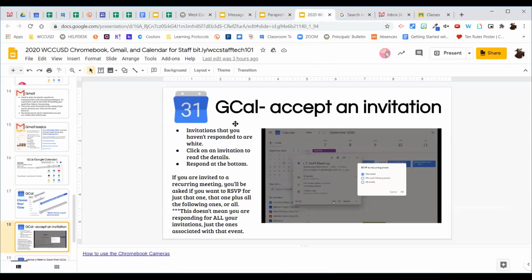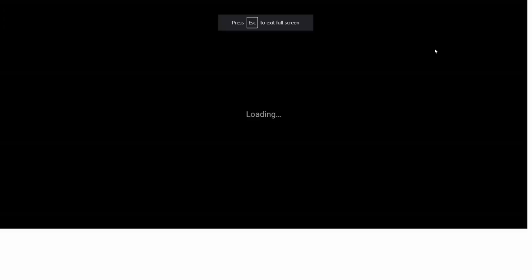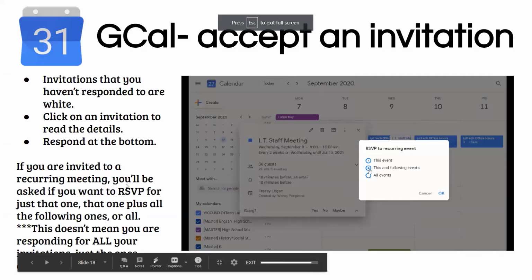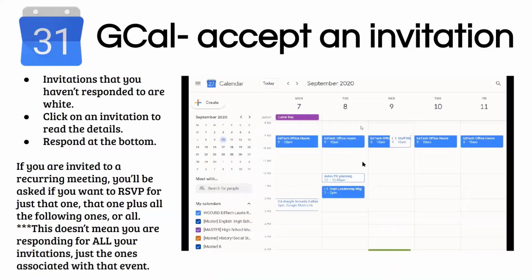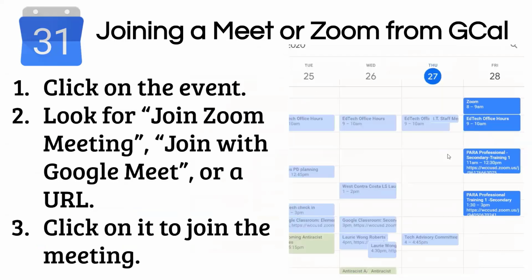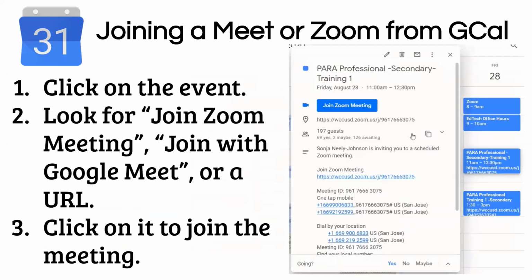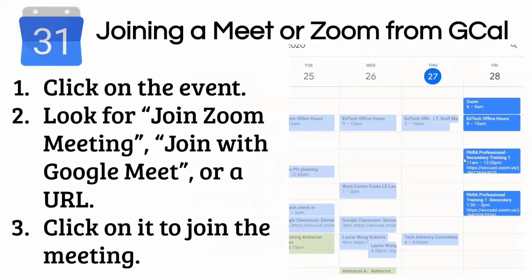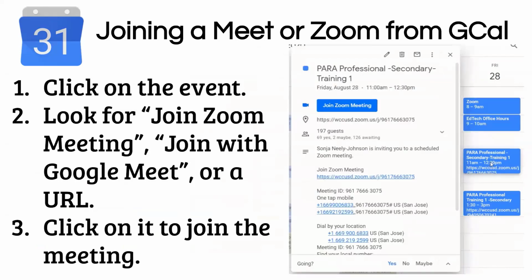Okay, so now if you've already accepted something, I go through a little more information about accepting recurrent meetings and things like that on here. This may be a specific question. It says, calendar asks if I want to show notifications. Do I want to do that? That's up to you. I show notifications on mine, and basically what that does is a little pop-up will come up about 10 minutes before your meeting starts to remind you. That has been a lifesaver.